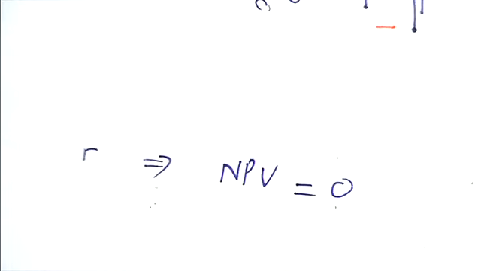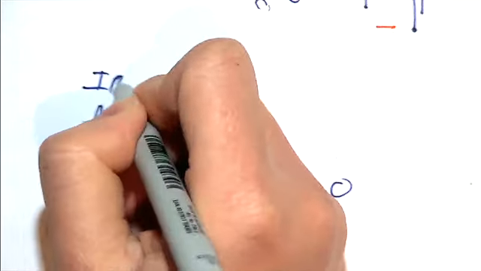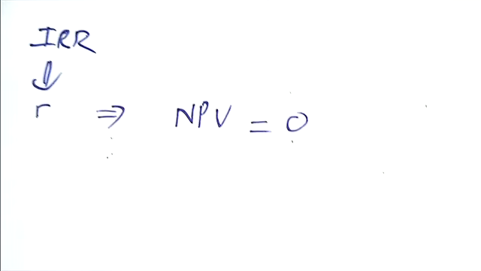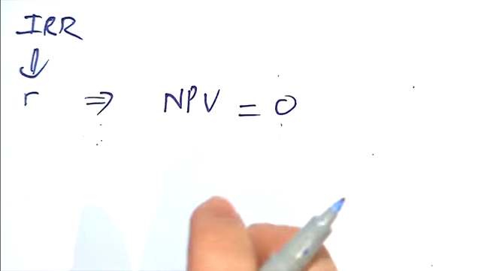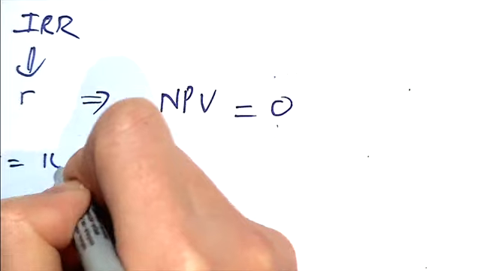so you are required to find the R. You are required to find the discount rate that makes your NPV equal to 0, right? And that discount rate is called IRR. Are you with me? So assuming that you have no idea what the R is, and in fact you have no idea, right? What you can do is just simply use one number, assuming that your R is 10%,